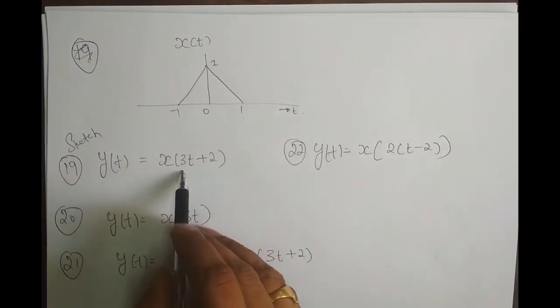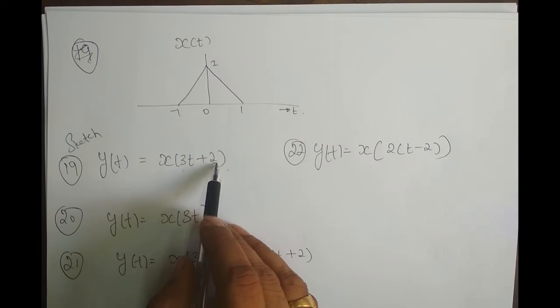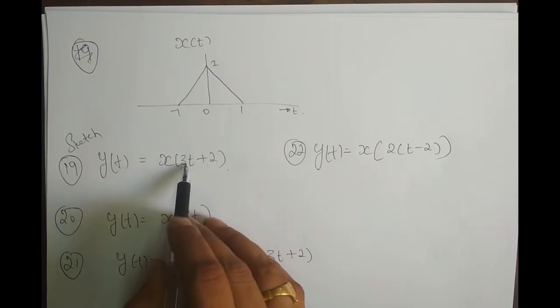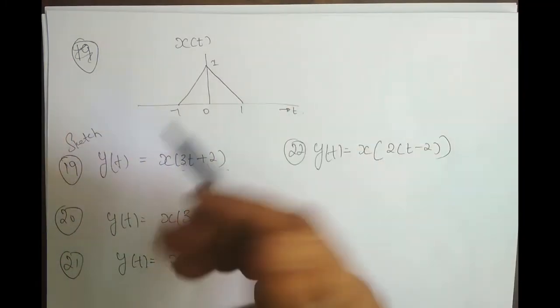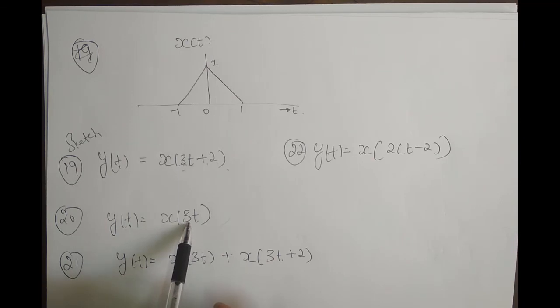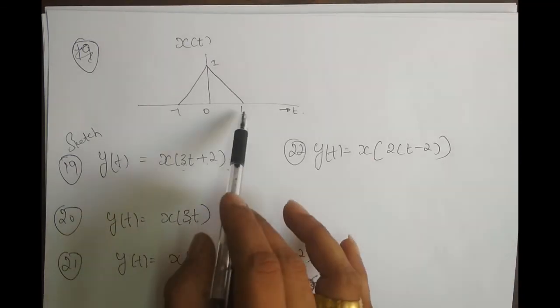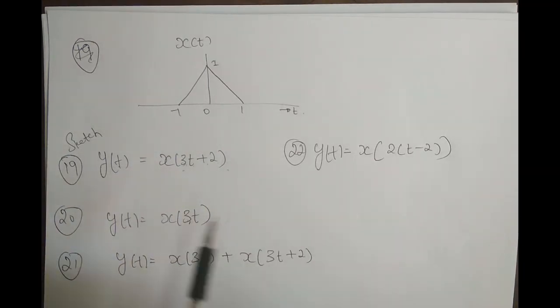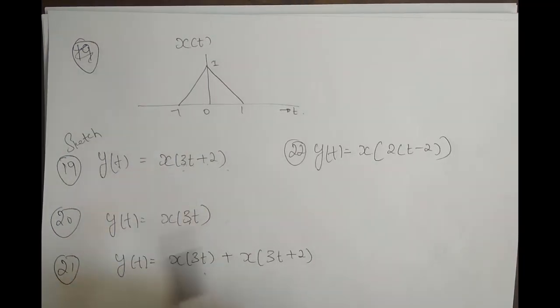Okay. So this involves the precedence rule, right? First you have to shift it left 2 times and you have to scale it by a factor of 3. Since it is 3, you have to multiply everywhere by 1 by 3. This involves only a time scaling operation. Since a is greater than 1, it is a compressed version, right? So everywhere you have to multiply by 1 by 3. Once you add these two, you get the signal when you solve it.